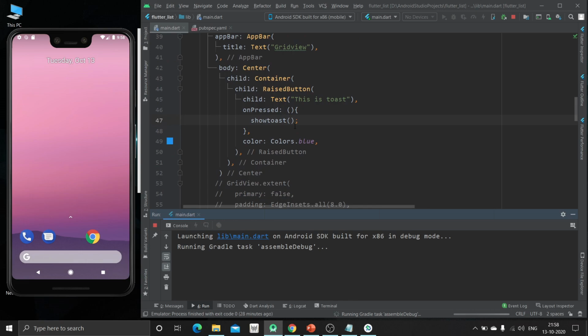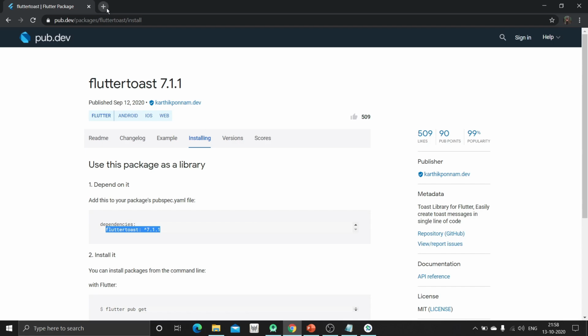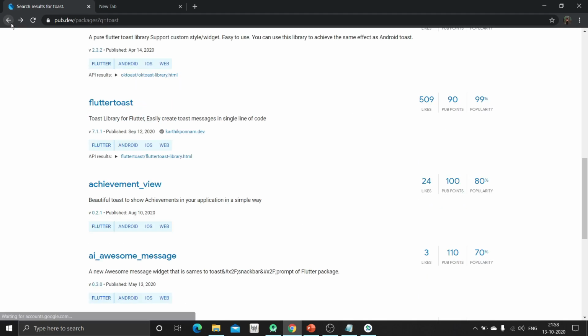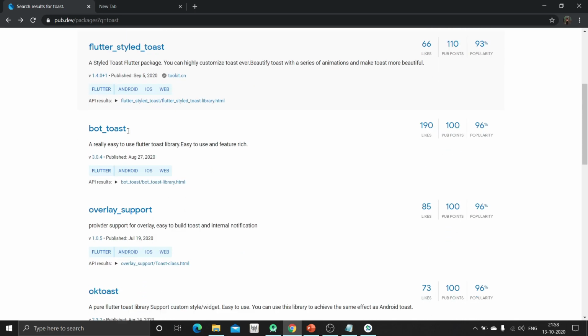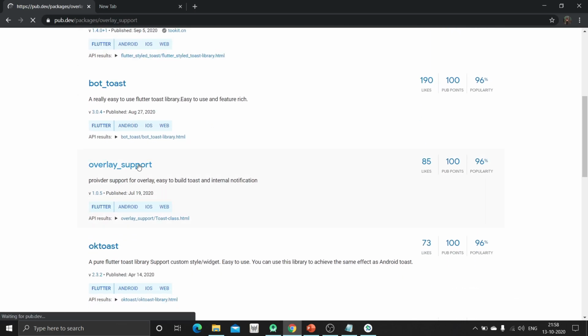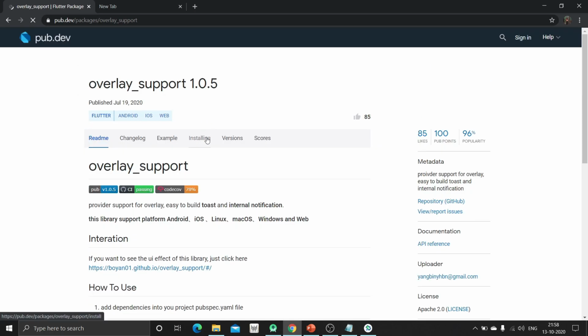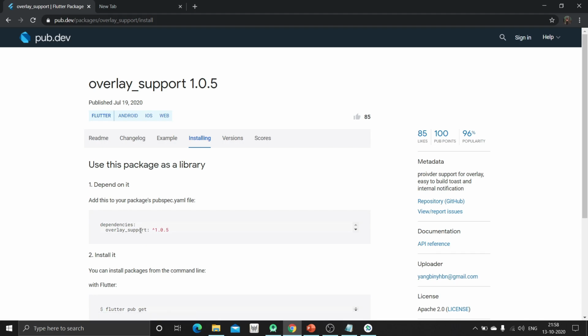It's running. Let's wait for some seconds so that we can see our output. Till then, let me show you how we can get other packages also. Like we can go inside any of the packages. Like here is overlay support. We can install the version which is specified inside this installing tab.